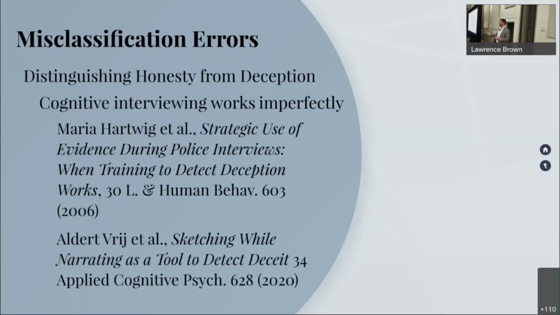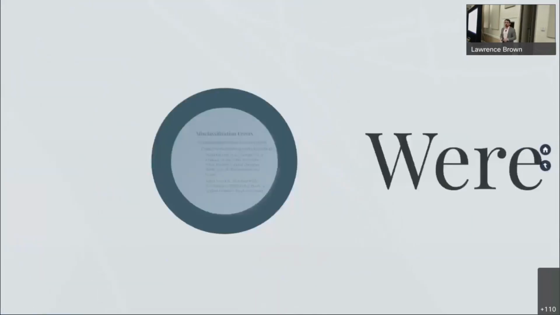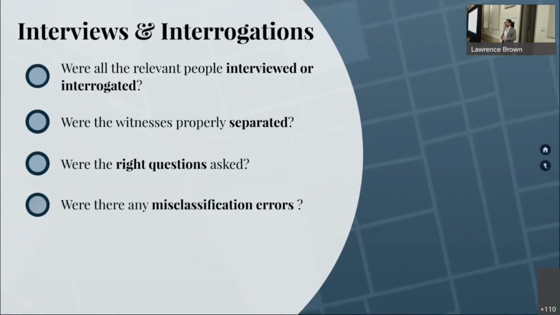The people who are truth-tellers are able to provide, again, more detail, this time visually, not just audibly. So how might misclassification errors come up? Well, remember that thing about confirmation bias? If my theory as an investigator is this person did it, and I'm now interrogating them, I'm not trying to gather information anymore, I'm now trying to establish a confession from them, then there's this whole range of behaviors that are actually potentially consistent with honesty that I'm going to interpret as dishonesty.